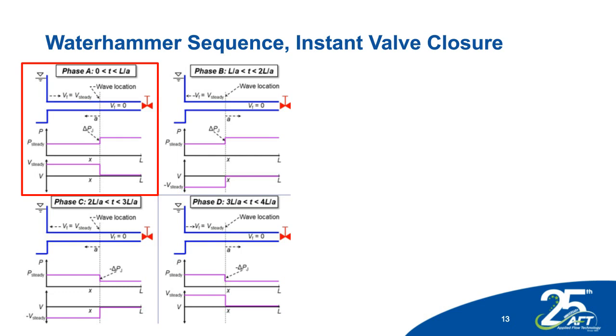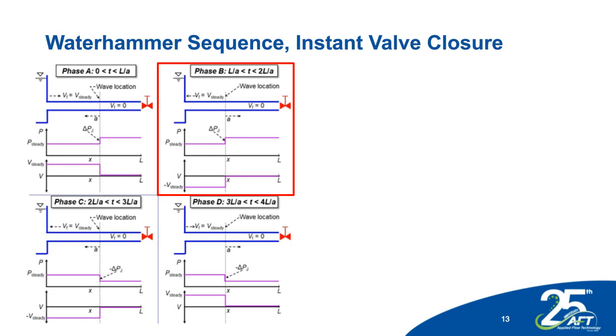And then below you can see what the profile is over this distance of the velocity. And you'll see where the wave is. To the right, the velocity is 0, but to the left, the velocity is still at the original steady state level. If we go over to phase B, what's happened at this point in time is we're at a time